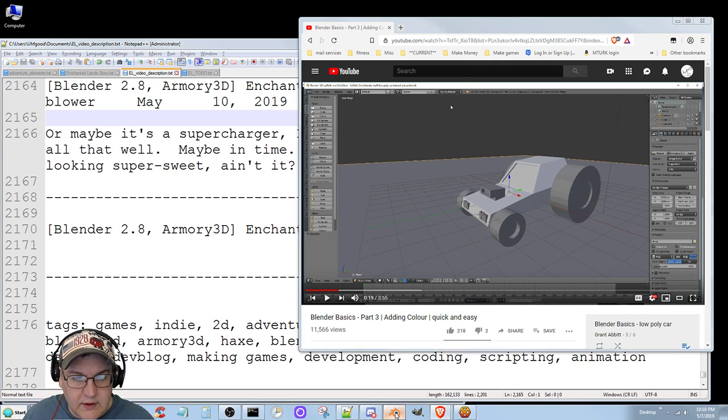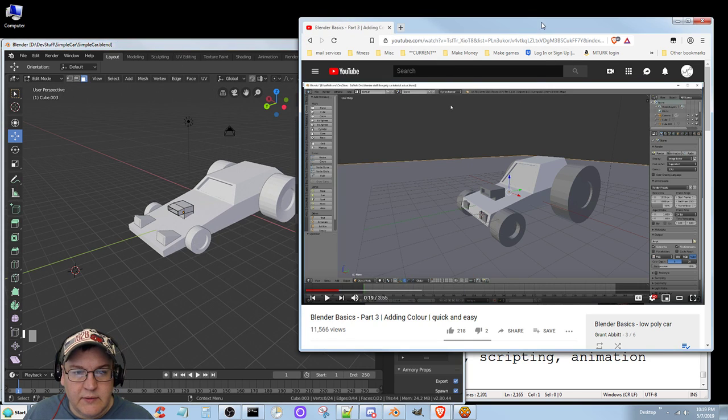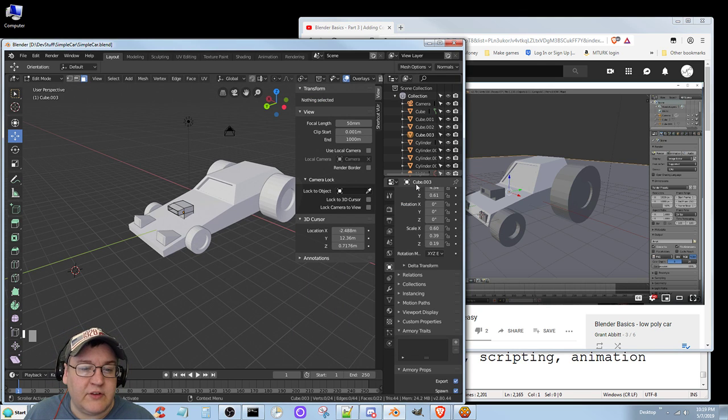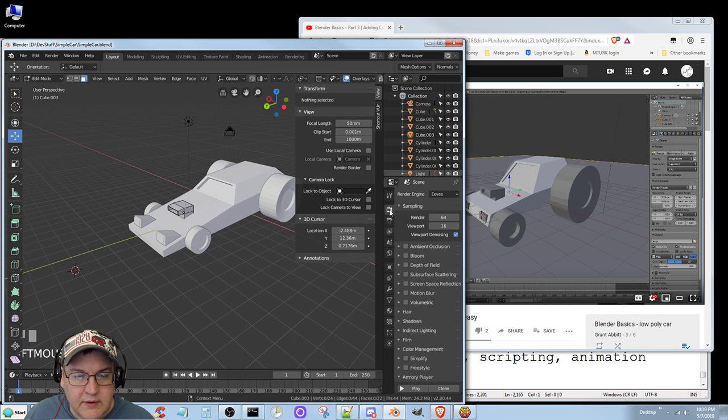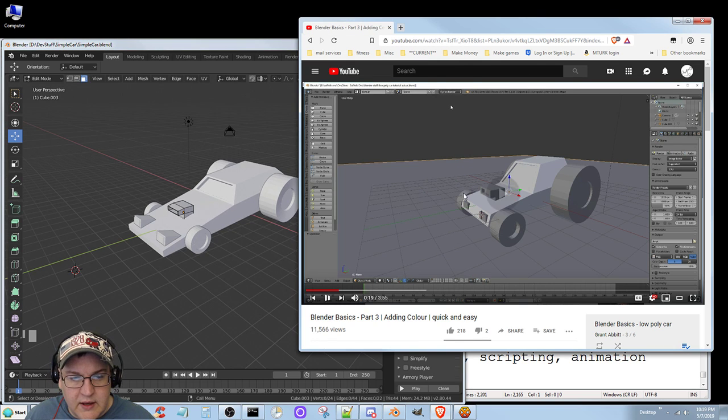Okay, so he wants to switch to... Let's see something here. What's he doing workspace wise? Oh, that's because this is 2.79, right? I actually could do an EV render, I think, but how about I just leave it as an EV render? We'll see what happens there. Now let's hide that for the time being, and let's just go ahead and